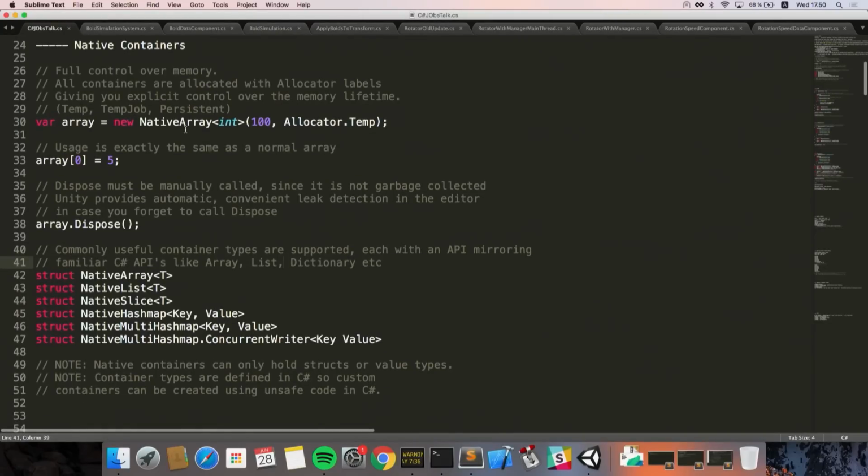The first one, the simplest one and the most efficient one, is native array. It's essentially the same as an array, but it has a bunch of restrictions, and it integrates with the safety system that I'm going to show you later. Here, we are allocating an array. We have 100 elements of type int, and we're also using a specific allocator label. So what this is about is that